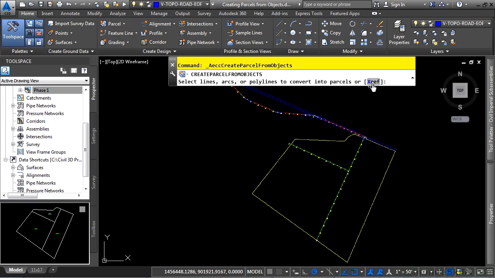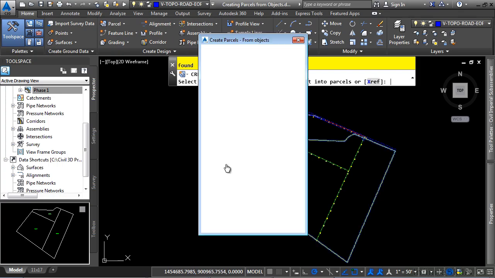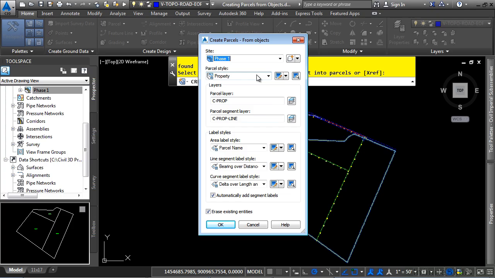Notice the option to create a parcel from an object that may be in an X reference. This is a very nice feature as it allows you to not have the actual drawing within the file, and you can then grab it to create a parcel object within the current file. We'll just go ahead and select the object, press enter, and now we're prompted to define settings and styles for